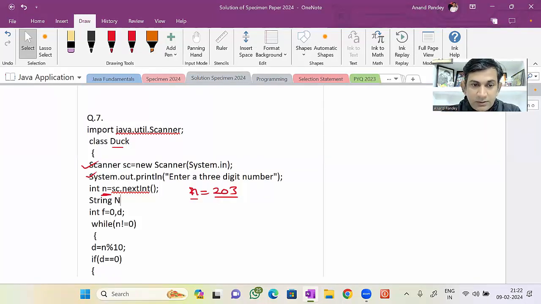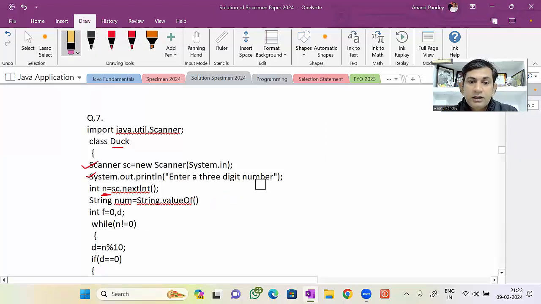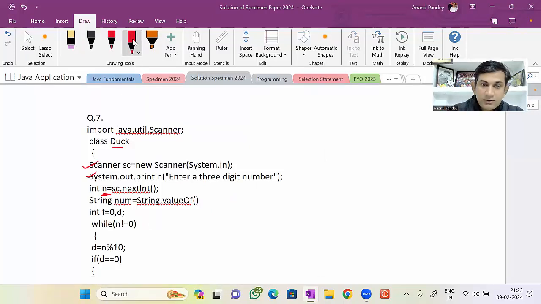I consider I am taking the variable num, for that num equal to, okay, and I'm going to convert it to a string. It should be called like this: String.valueOf. This string function I have already discussed in a video in which I discussed the string functions. The valueOf function converts any type of value into what? String type. So here String.valueOf, to which you want to convert into string type, we want to convert,